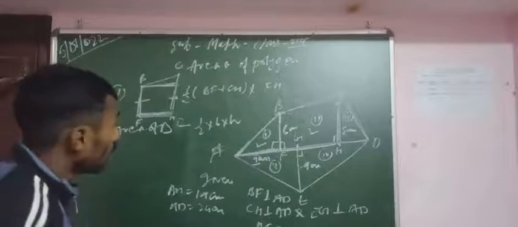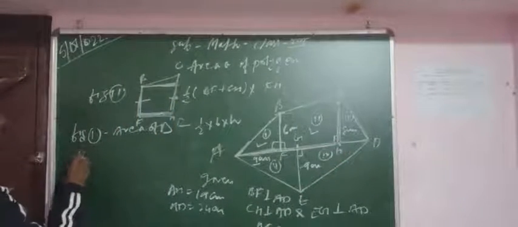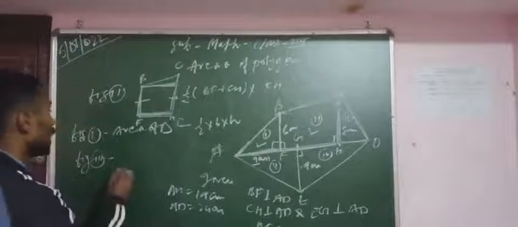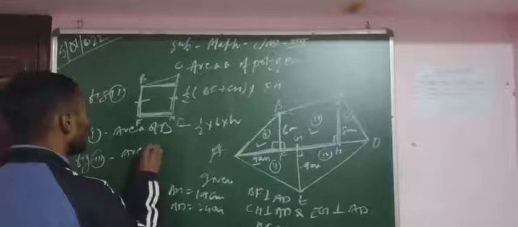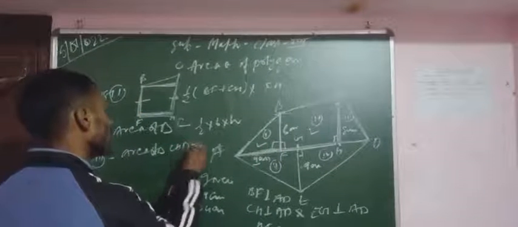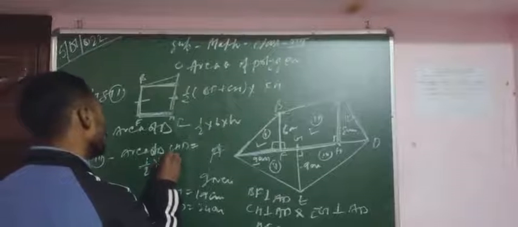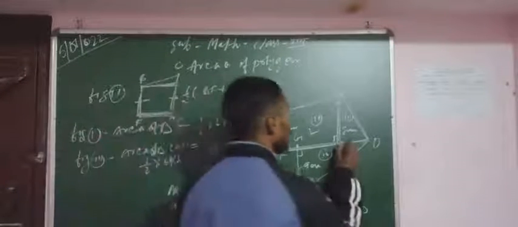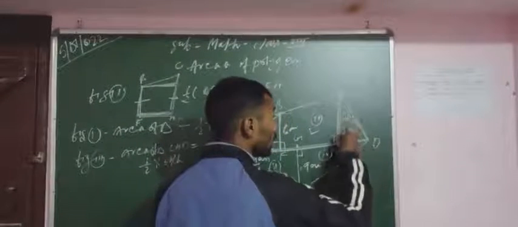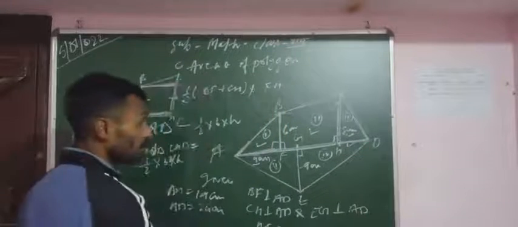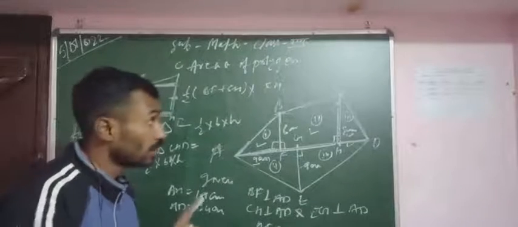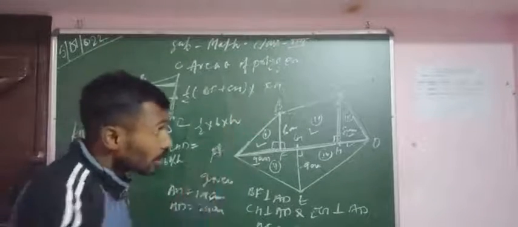Next, figure 3. Look at this figure 3. It's a triangle. Again, the area of the triangle, we can name it CHD, equals the same formula, half into B into H. Now look at this. This is the base of the triangle and this is the height of the triangle. Height is given, base is also given in the question. You have to calculate the value of H and D, and the value of CH is given.